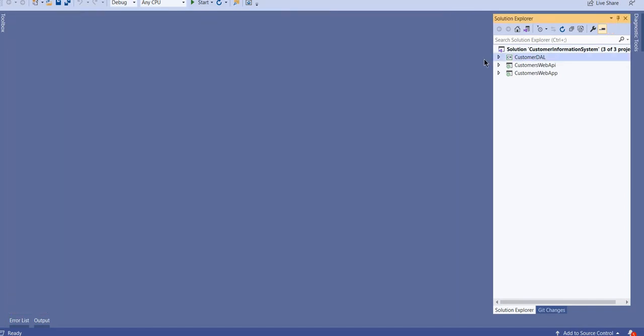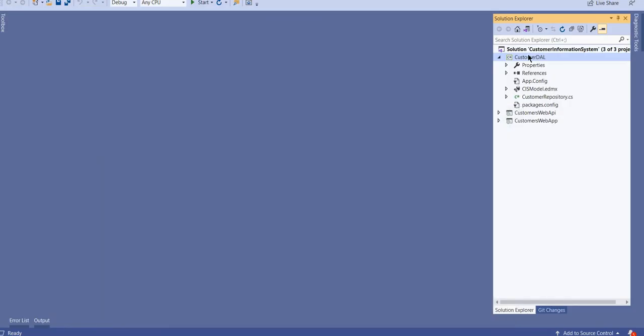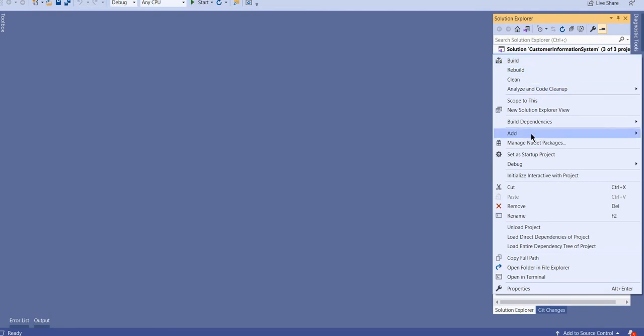Okay, now what we are going to do, in our customer DL we are going to create an entity framework. For entity framework, remember what is important here is that I am going to use a database first approach. So for that you need a database, and we already have created this database. You have to first complete creation of the database and the tables. Okay, then what you have to do, just right click, add